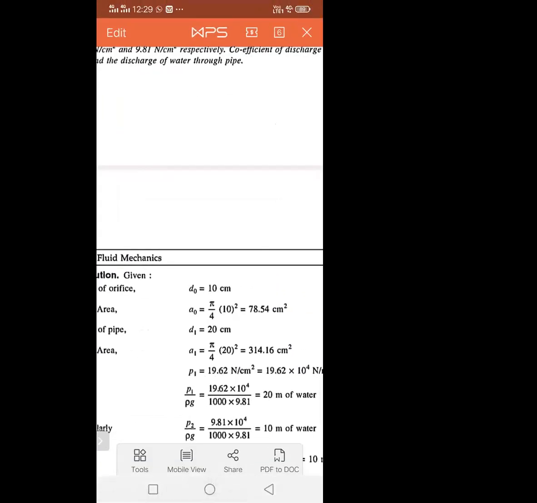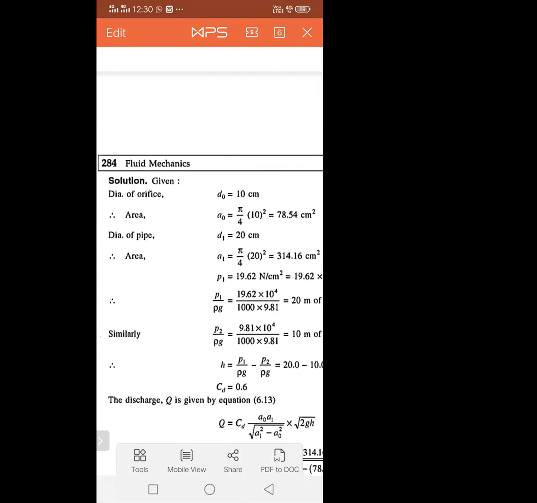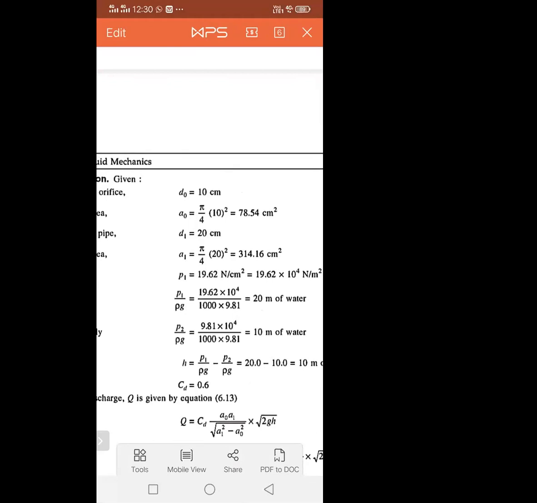Here D0 is 10 centimeter. Therefore, calculate A0 and similarly calculate A1 from D1. D0 is the diameter of orifice, which is smaller than D1, the diameter of pipe. Calculate A0 and A1. The values of gauge pressure P1 and P2 are given in Newton per centimeter square, 19.62 Newton per centimeter square